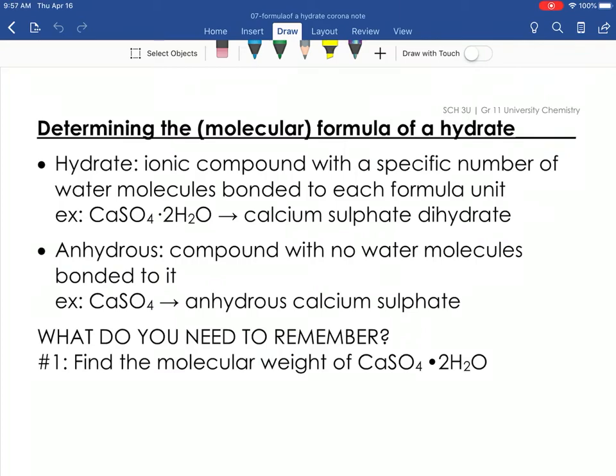Okay, welcome to today's lesson, determining the formula of a hydrate. Sometimes you might see the questions listed as molecular formula, so that's why I put it in brackets here. Really,